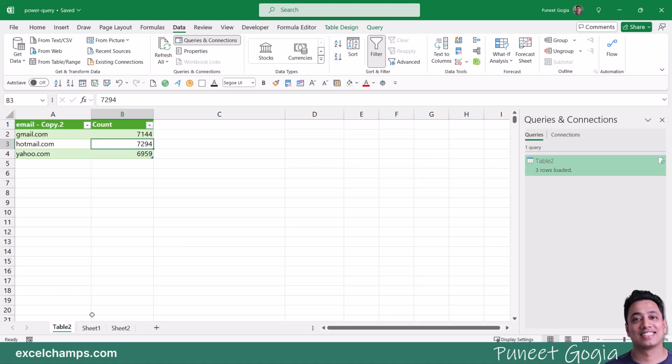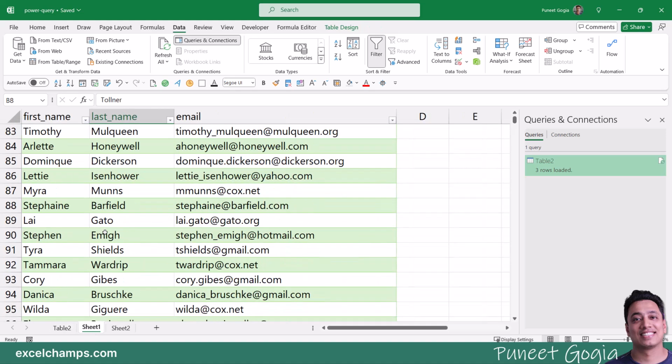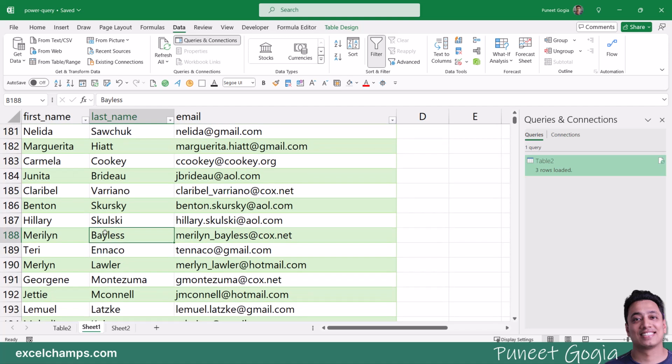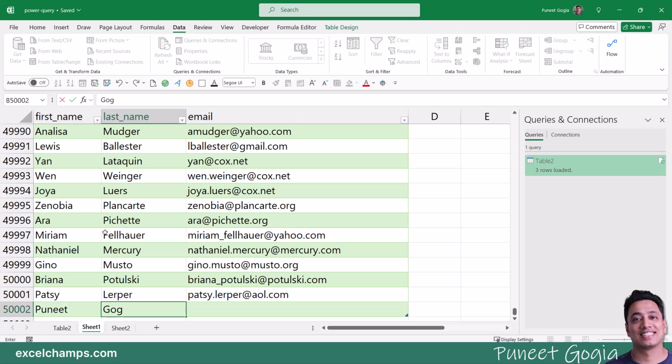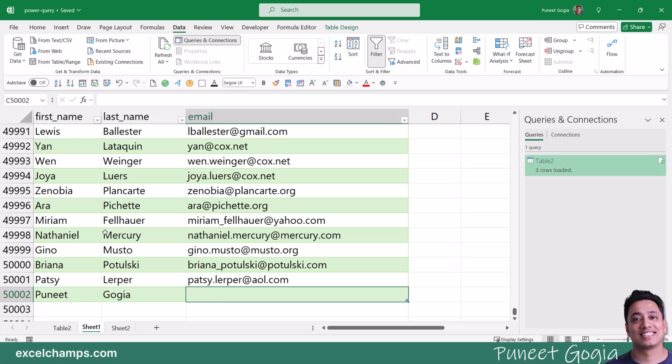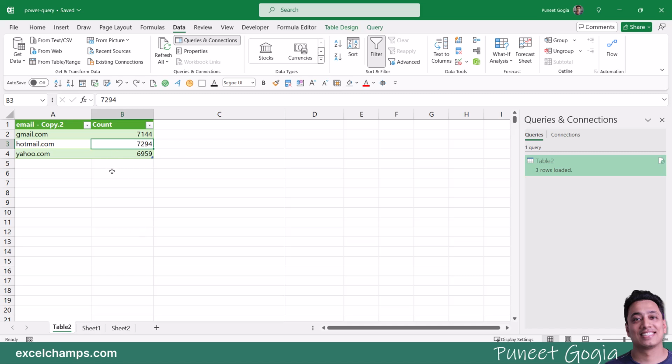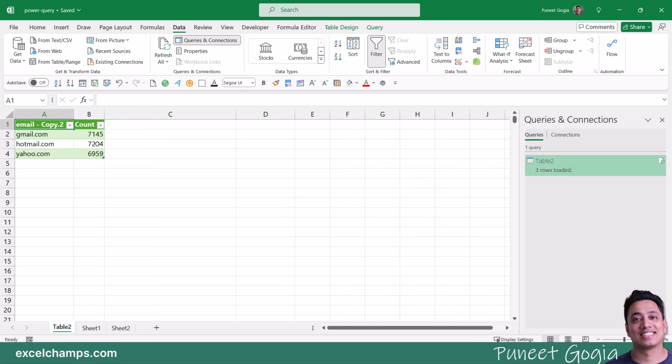That's it. Now, if I make a change in my data, let's say if I add a new email ID. So this is Gmail. Let me refresh the data to see if this entry reflects in our final data. So yes, we have